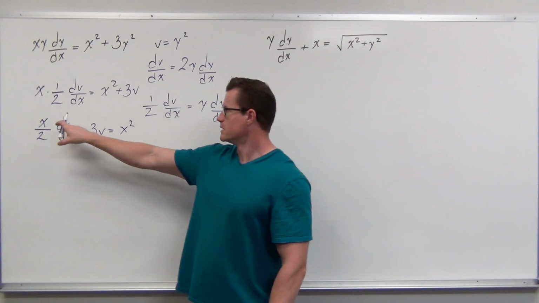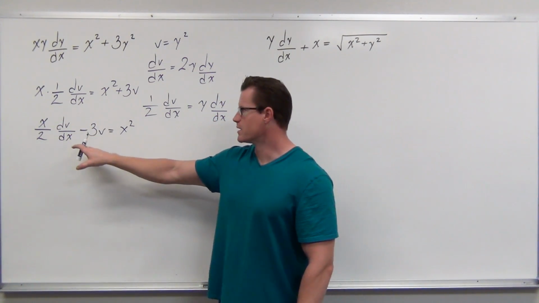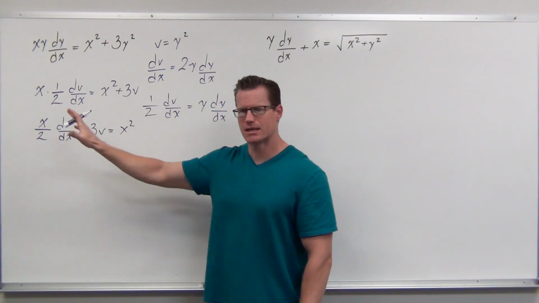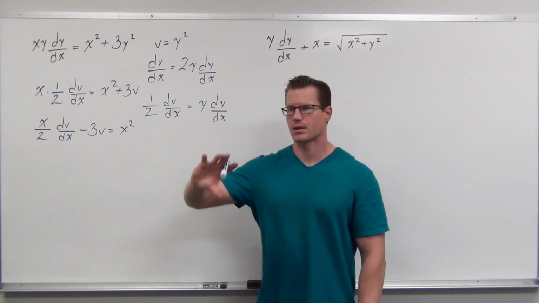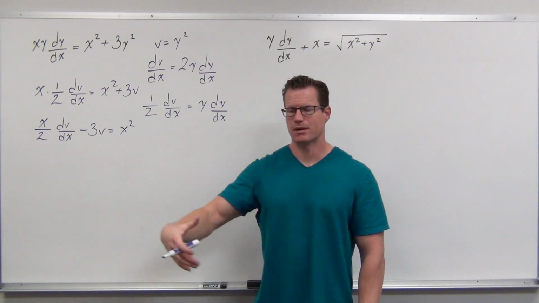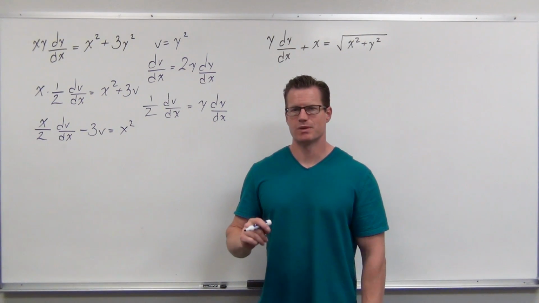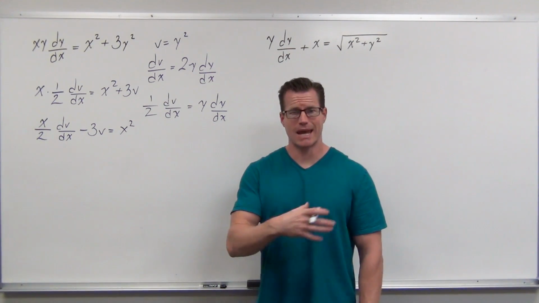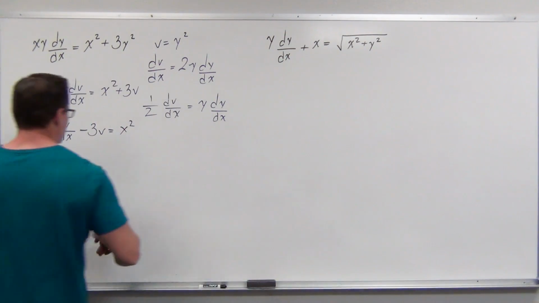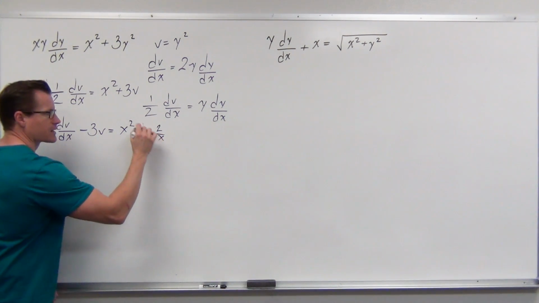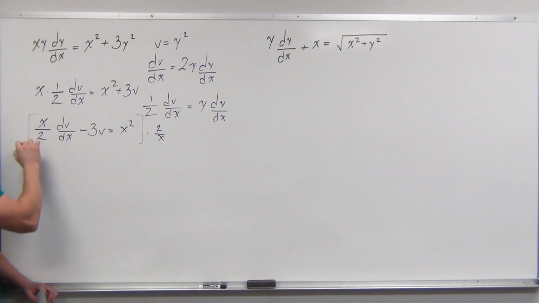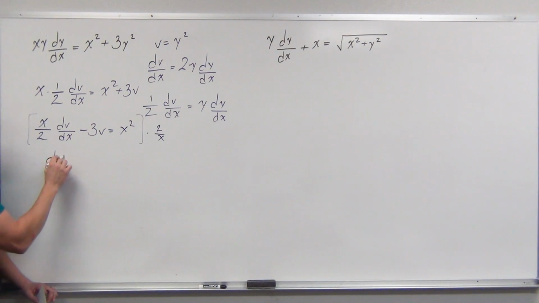We want the dependent variable over independent variable without anything connected to it being multiplied. So we're going to have to multiply by 2 over x. Now when we do that, we're going to have a domain restriction because we're multiplying by something where x can't be 0. So I'm not going to show it here, but we're multiplying everything by 2 over x, this whole entire piece. So that gives us dv dx